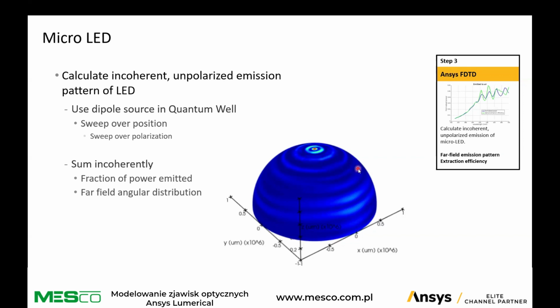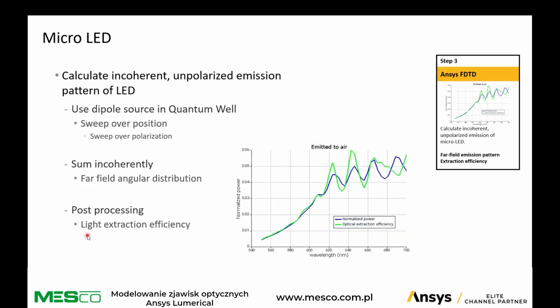Once you have done all of this far-field projection, so we have the angular distribution, we have the fraction of power that is emitted. We can run some post-processing in order to get the light extraction efficiency. Here, for instance, we get the fraction of power through what we call monitors that record how the field propagates, normalized to what would be emitted by a dipole